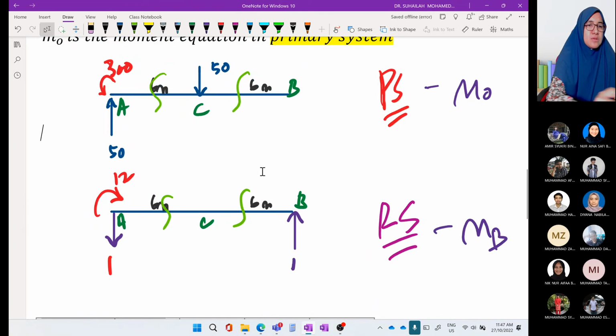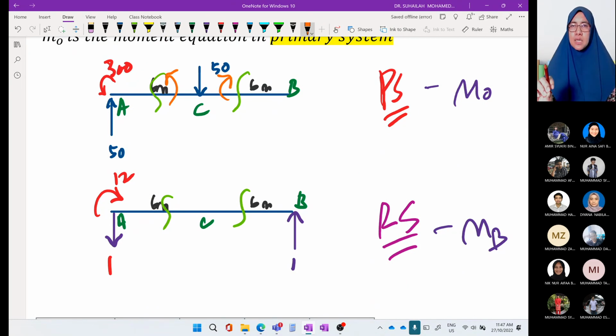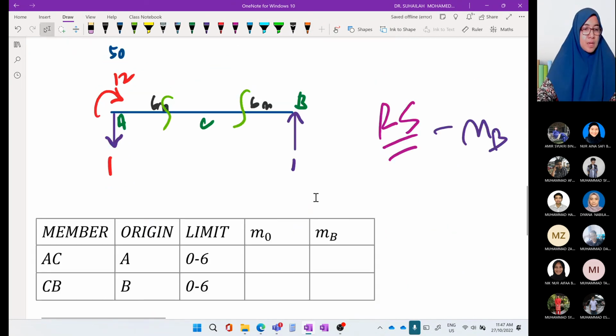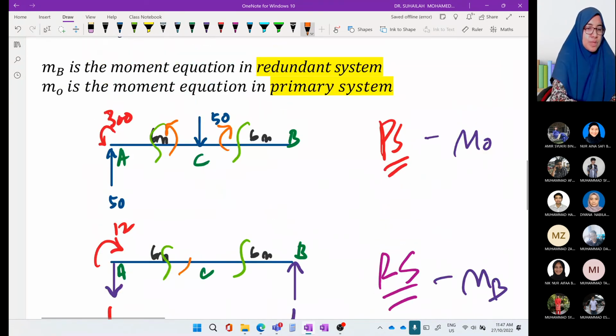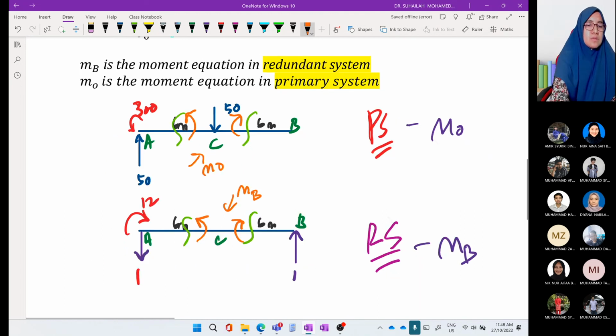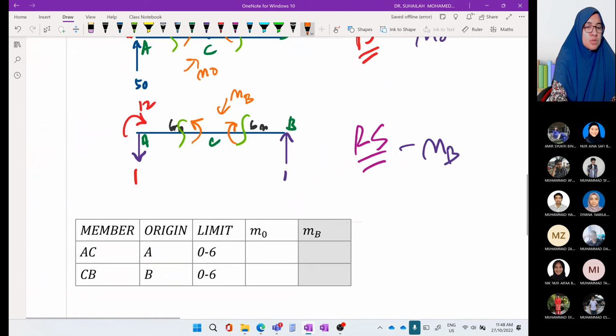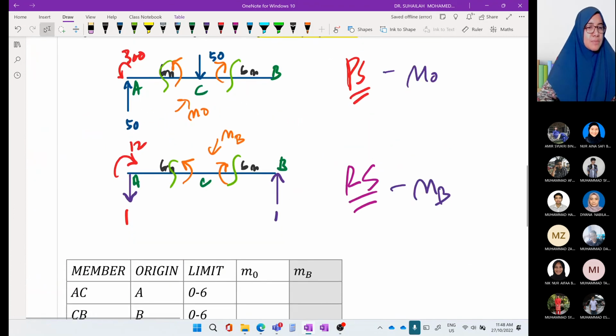The moment is acting like this and like this depending on the origin, so both will be the same. Here is M naught and here is MB. So M naught is 50x